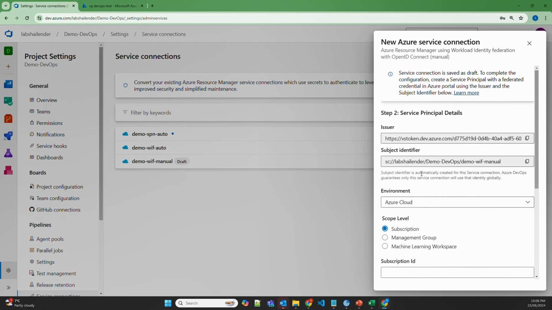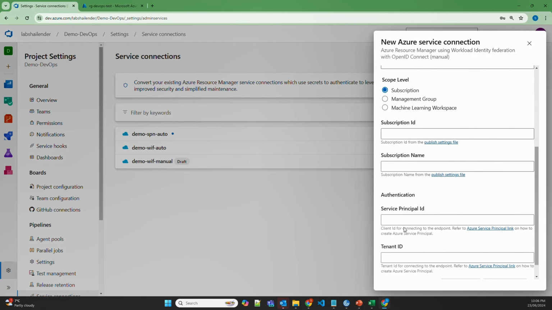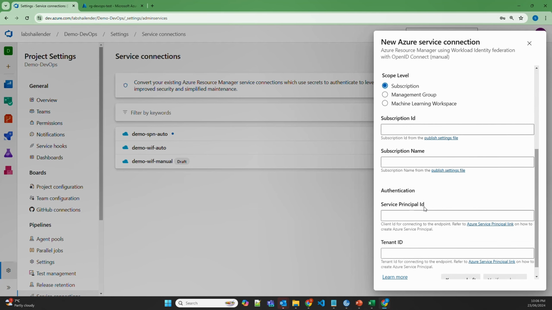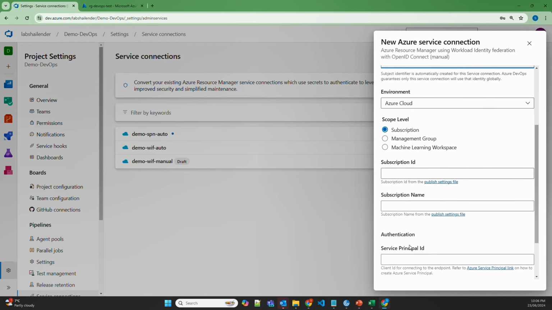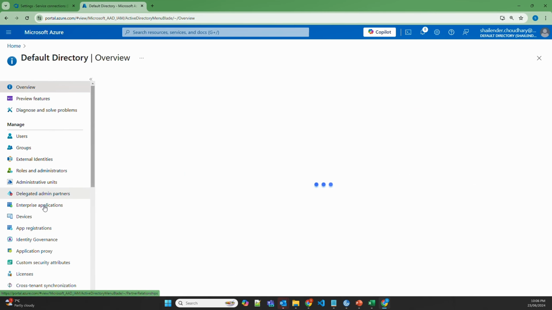And now it's providing the details of the issuer as well as the subject identifier. And these details have to be saved in a service principal, which I'll create now. And I have to add the details of the subscription and authentication of the service principal ID and the tenant in here. So let's go to Entra ID, app registrations,